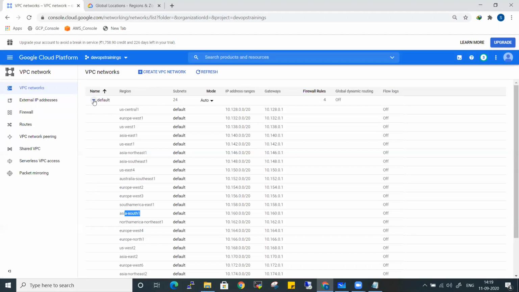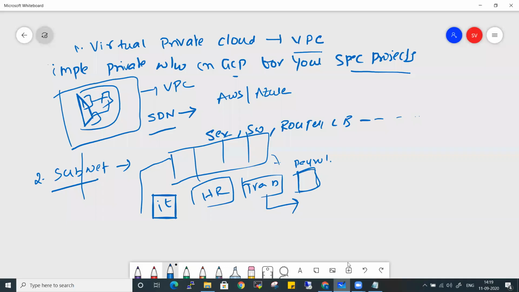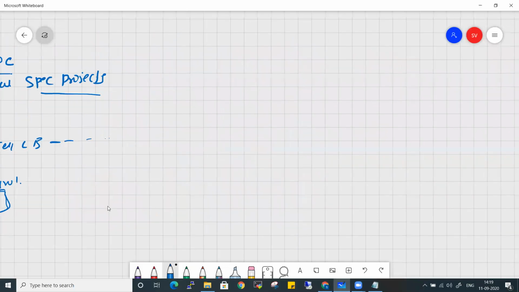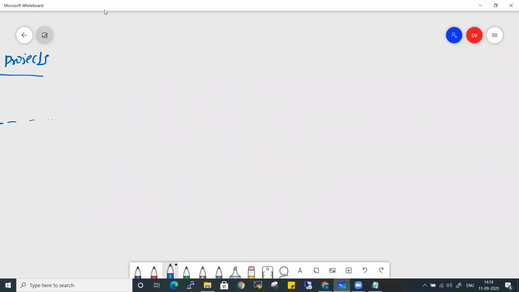So why does Google create a default network? Because if you want to access any sort of resources inside it, you should have some sort of networking, right? So for that, by default Google creates a network for you. Okay, so the next thing we need to observe is the mode. If you see the mode, there's custom and auto. Okay, let's try to understand clearly about this. First thing is the custom mode, and the second one is auto. Let's discuss this first.